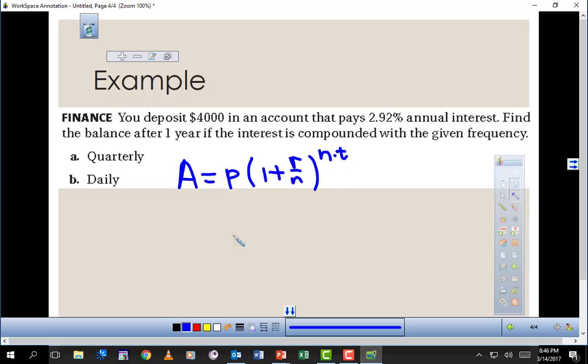Okay? Well, the R, this is the interest rate right here. We're saying here that we're compounding quarterly on this one. So for this problem, N is equal to 4. And just so you know, on this one, since you're compounding daily, N is going to be equal to 365. I think that's what we'll do for that one. Now the principal is the 4,000. It's always a good idea to change this to a decimal. So percent means divide by 100, so that's going to be